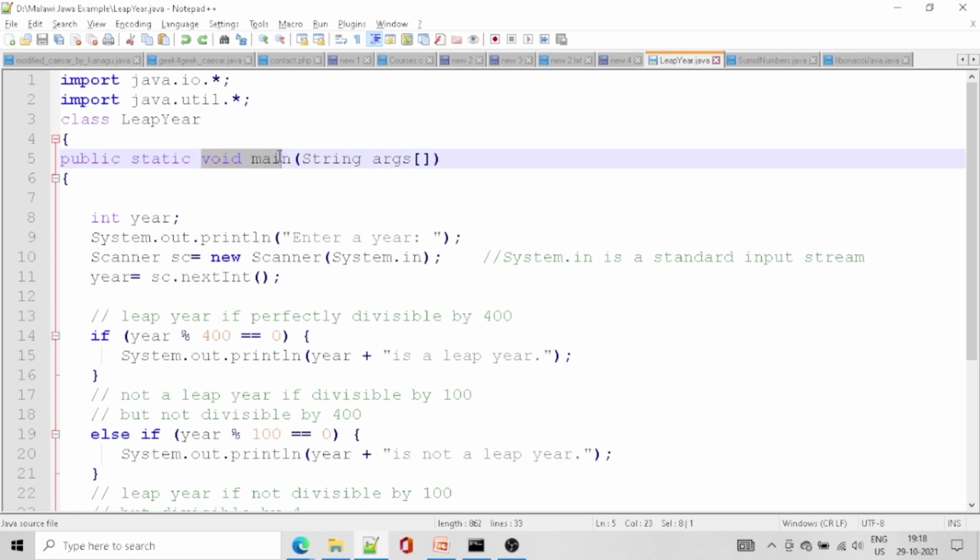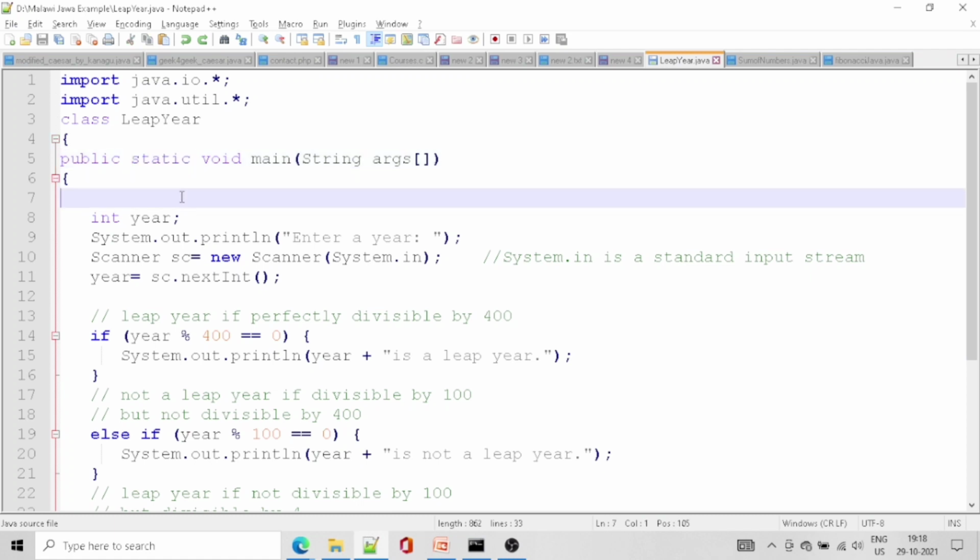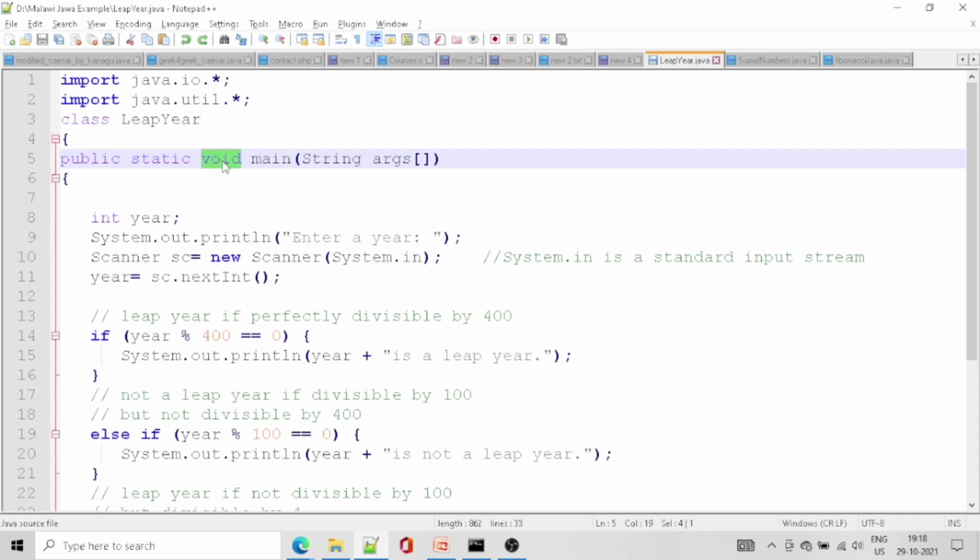So this is the same as C. This is the access modifier which we already discussed. Here this function acts as public, so anyone can access it. As it is static, it's not going to change anything, and it doesn't return any values, so it's specified as void.